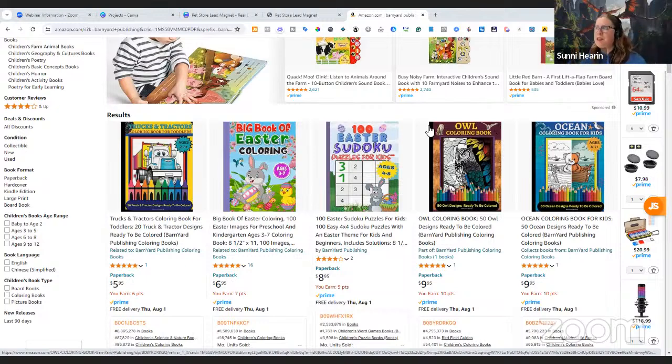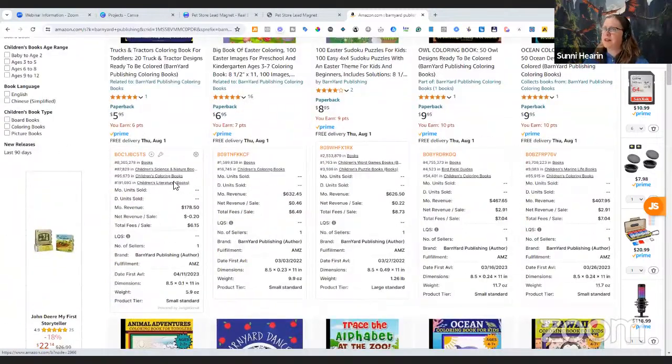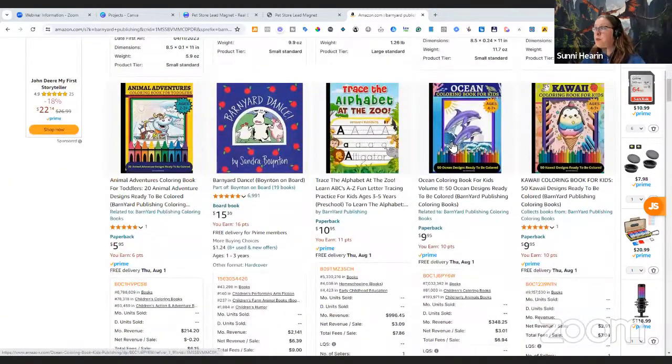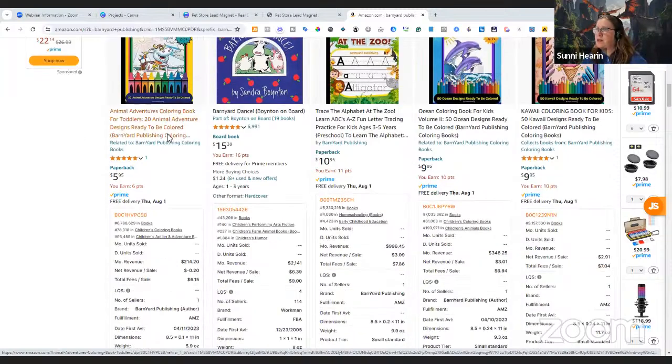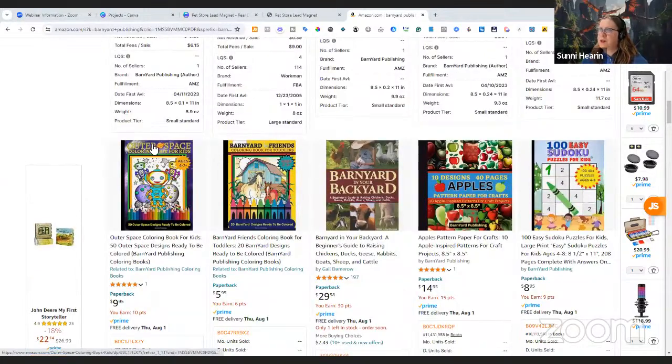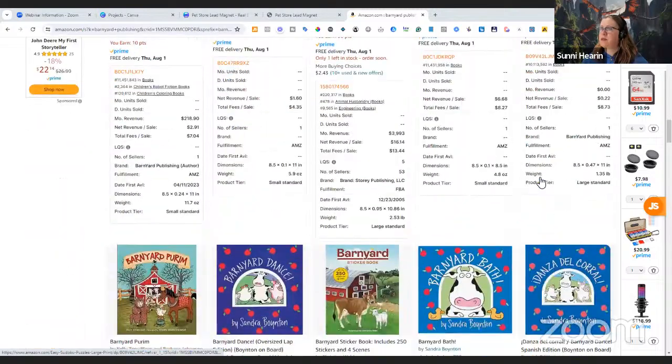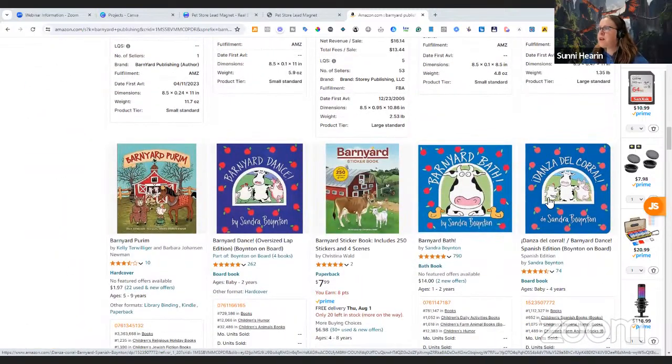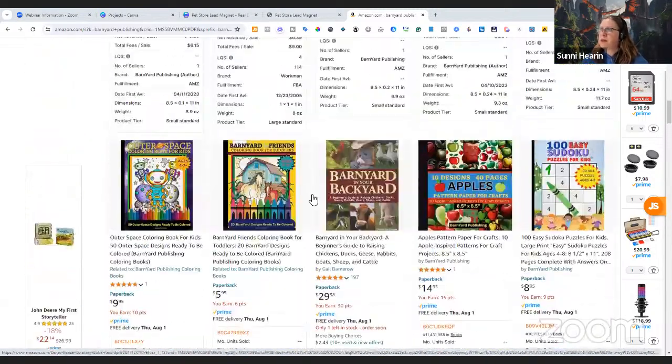So guys, if you're still with me and you're seeing this, this is because I've sharpened my Canva skills. I've made most of these design covers myself. That one's not mine, Barnyard Dance isn't. But just to show you, I've got most of them right here. These are actually my books that I've designed, that one's mine, Outer Space, Barnyard Friends, Apple Designs, Easy Sudoku, then we get in some barnyard stuff that's not mine, but mine are like the bright ones,